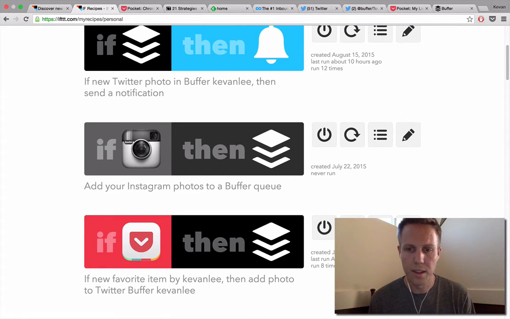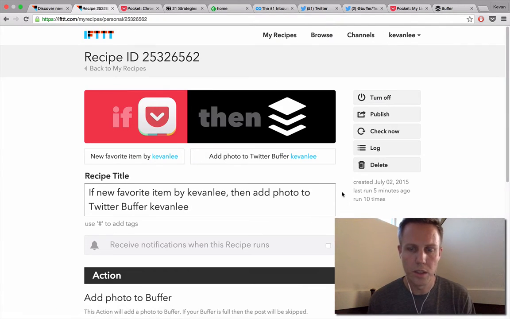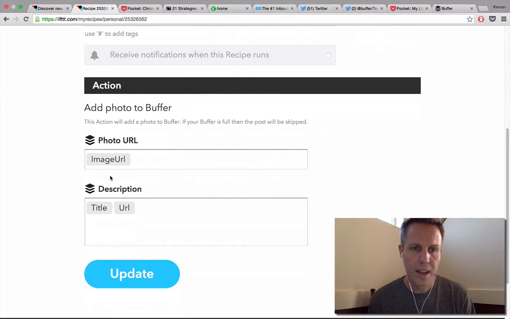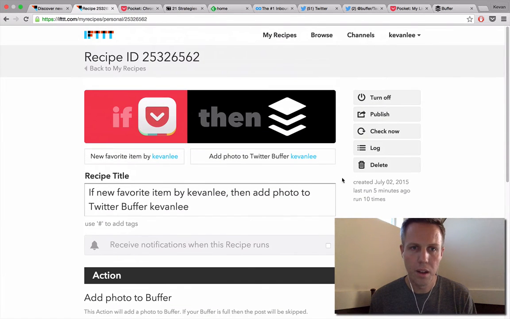And this is the recipe that I use here. It has a couple different settings to it. Let me see if I can pop in there and show you what it looks like when it's been sent. So down here at the bottom, I've had it add a photo from the post to the Buffer update, and then also the title of the page or the article, plus the URL of the article, so that it all looks pretty cool and neat once it's inside my Buffer. And again, Ifttt is a free service. You can connect these different things for free. If you have a Pocket account already and a Buffer account already, you can authorize and you're good to go.